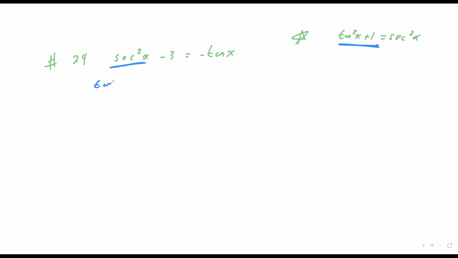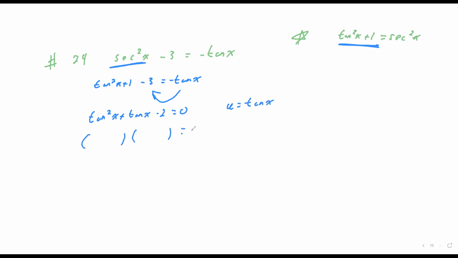So this now becomes tan squared x plus 1 minus 3 equals negative tangent x. Now I'm going to solve this like I would a quadratic, where I need to set it equal to 0. So I'd move this over. So this becomes tan squared x plus tan x, and then 1 minus 3 gives me negative 2, equals 0. U substitution, so u would equal tan x. And so when I work this out, I would get